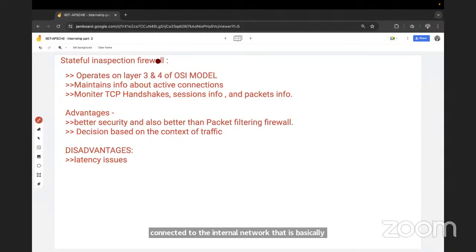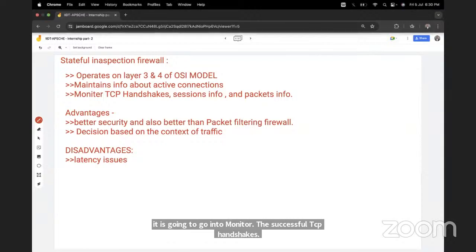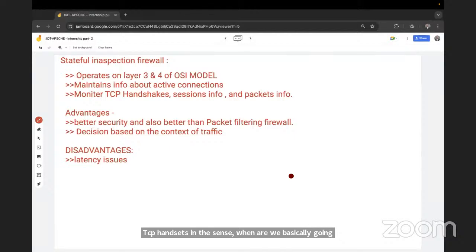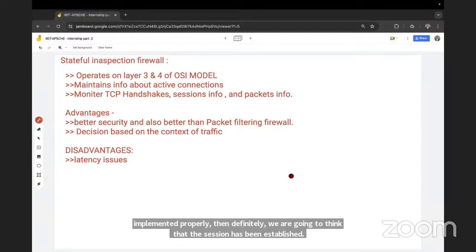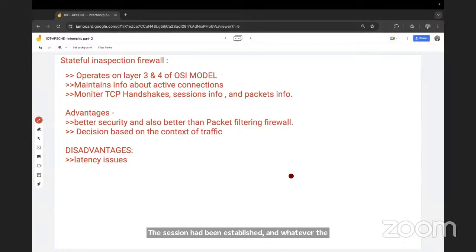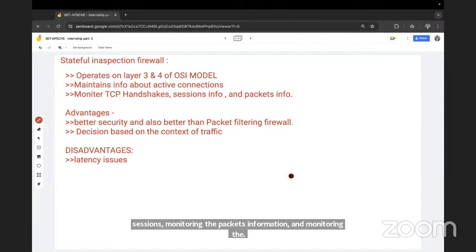It is also going to monitor the successful TCP handshakes. When do we use a TCP handshake? We use a TCP handshake only when we want to build a connection. Once the TCP handshake, SYN plus ACK and ACK, is implemented properly, we consider that the session has been established, and the packets are transferred from one IP address to another. Monitoring those sessions, the packet information, and the TCP handshakes is the duty of the